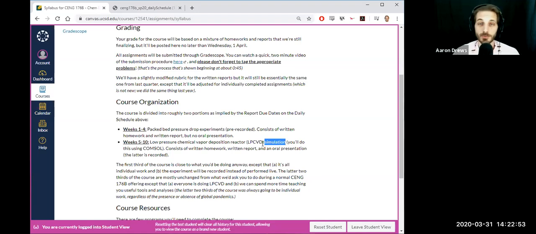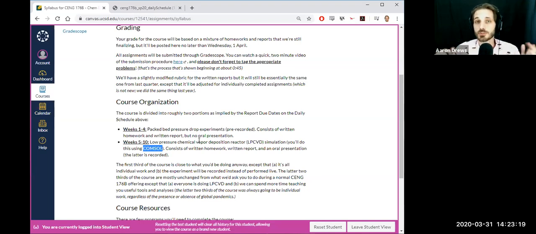Simulation tools are used by a number of our faculty in the department. They're used by any number of people in the STEM field, and I'm talking specifically about simulations done in COMSOL. COMSOL is a remarkably powerful piece of equipment. I think some of you have actually used it in 124. The learning curve on it is a little bit high, and so one of the things that we're going to do is spread out that learning curve.